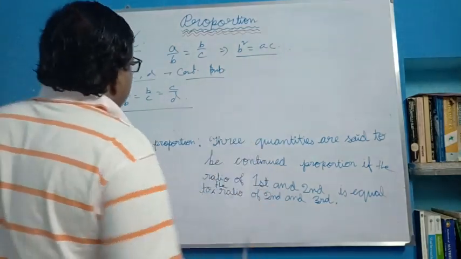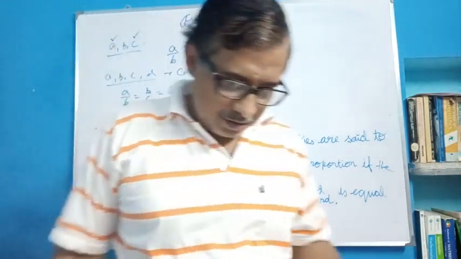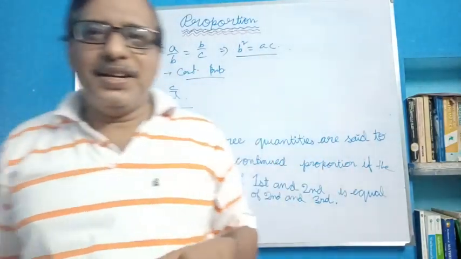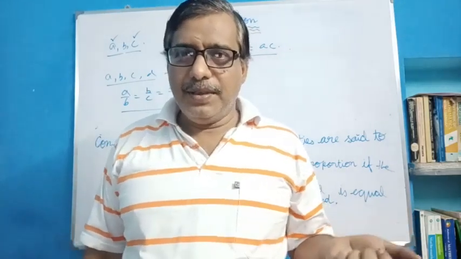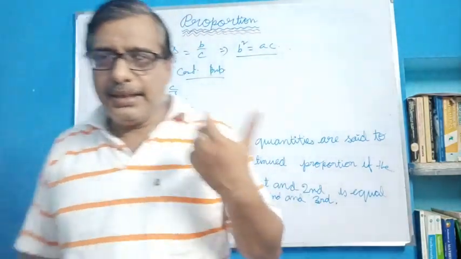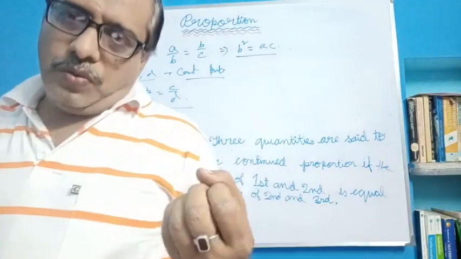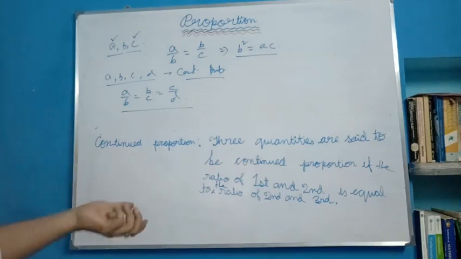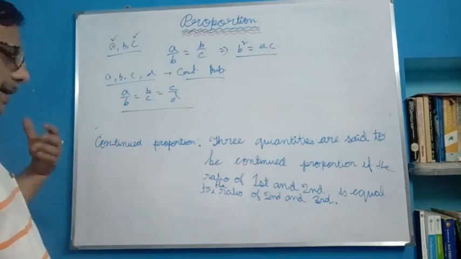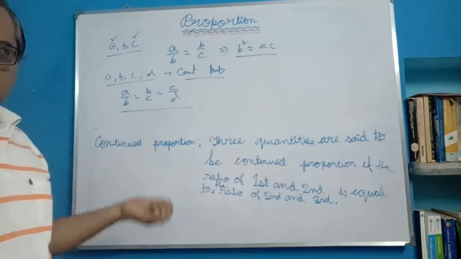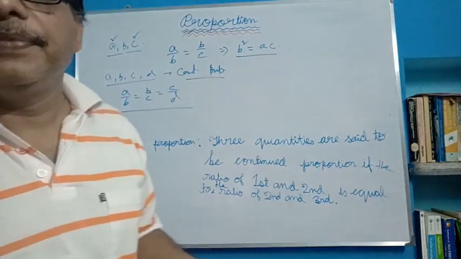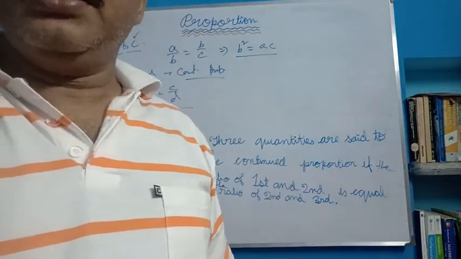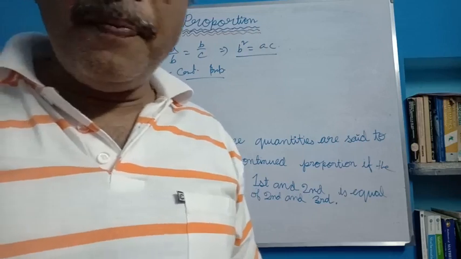Okay. For continued proportion, in class 11 we learn another name for this type of proportion. A, B, C are in continued proportion is nothing but A, B, C are in geometric progression. This is not in your syllabus, so it is not our topic. It is just named here: if A, B, C are in continued proportion, then we can conclude A, B, C are also in GP, that means geometric progression. Okay, next we study the important properties of proportion.